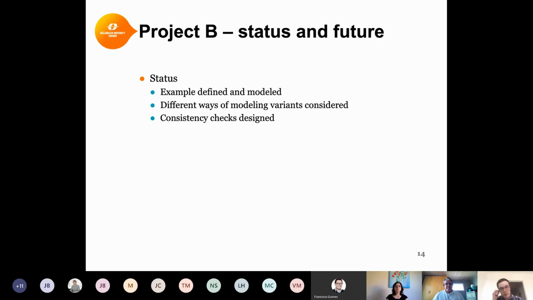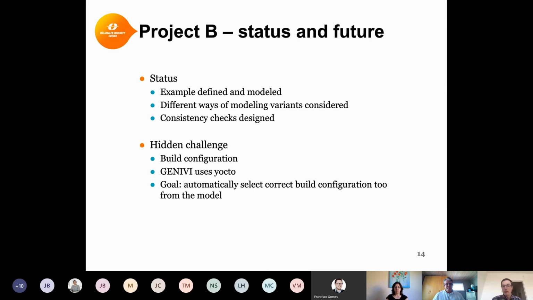So the current state of this work is that we have created these example models for the use case and have designed consistency checks that can deal with different configurations of the models. The actual implementation of these checks is quite different depending on the way of modeling the variability, and even depending on the modeling tools in which you're working. We've also created the software build of the GNV platform such that we can compare the model and the code also to the resulting image.